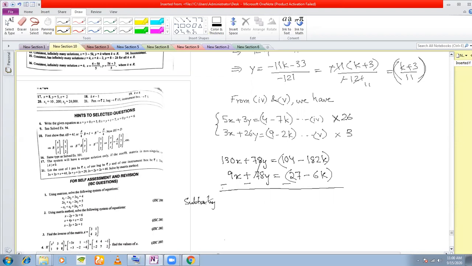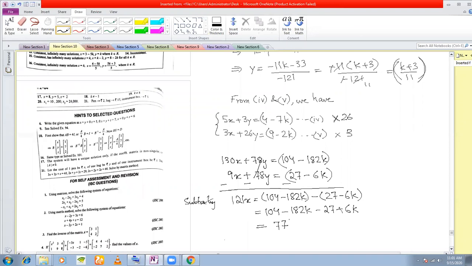Okay, so you get 130 minus 9 as 121. 121x is equal to 104 minus 182k minus 27 minus 6k. So you get 104 minus 182k minus 27 plus 6k. Okay, so you get here 104 minus 27 will be 77,